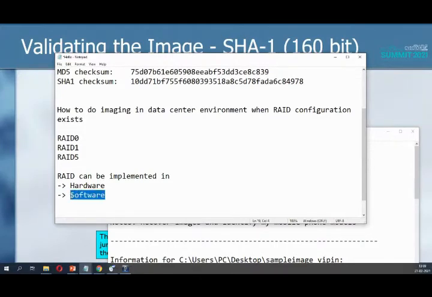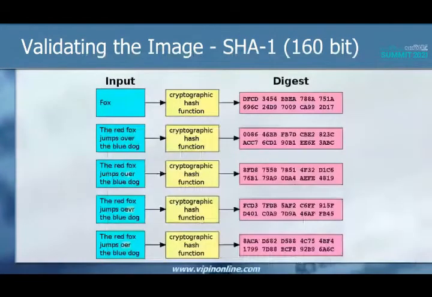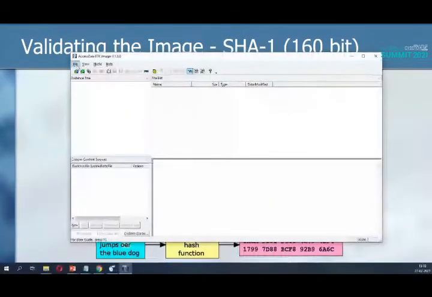We can image the individual disks and recombine them, and we can get the original dynamic disk. But if they have implemented it in hardware, we should follow the exact hardware configuration to acquire the disk. In those scenarios, this FTK Imager can be used, and whenever we are acquiring the evidence,